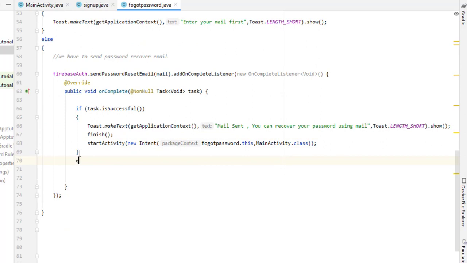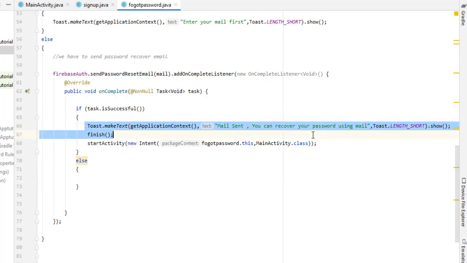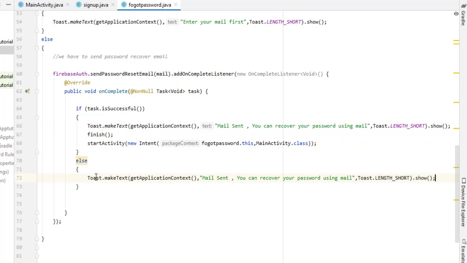Let us suppose the user tries to recover the password for a mail whose account does not exist. In that case we have to simply display a toast that the account does not exist, or any similar toast. So inside the else condition you can type this. I simply copy the toast from above and paste it here, and type the message: email is wrong or account does not exist.